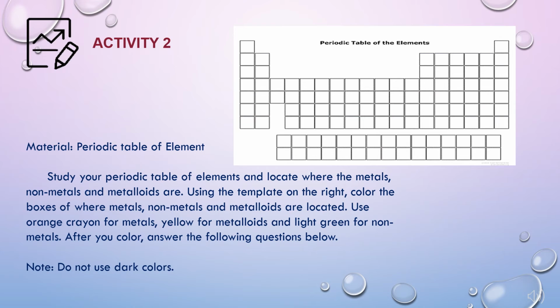Now, let's proceed to activity 2 of our module. The material you will need in this activity is the periodic table of elements. Study your periodic table and locate where the metals, nonmetals, and metalloids are. Using the template on the right,